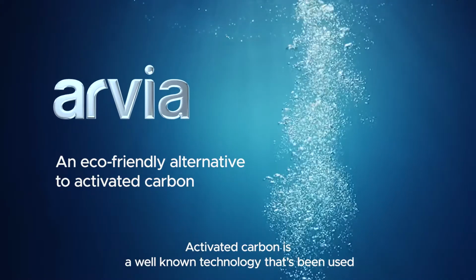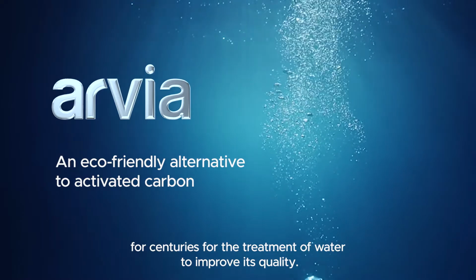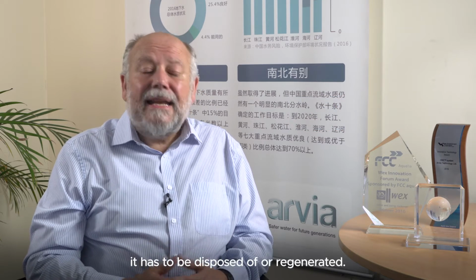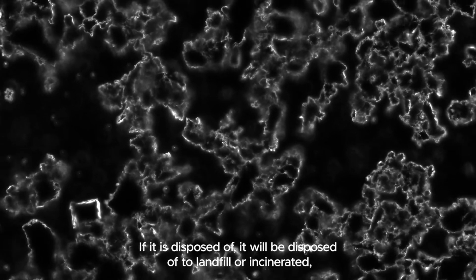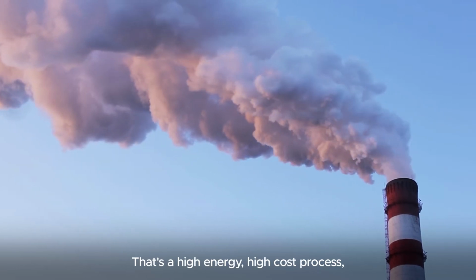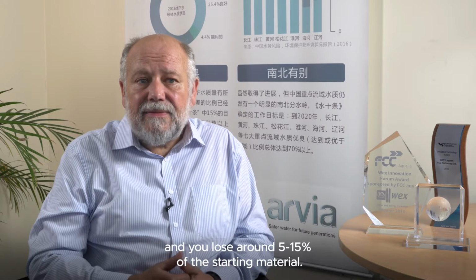Activated carbon is a well-known technology that's been used for centuries for the treatment of water to improve its quality. It achieves good treatment, but it does have a number of disadvantages in that when the material is fully loaded, it has to be disposed of or regenerated. If it's disposed of, it will go to landfill or be incinerated, or if it's regenerated, it'll be a thermal regeneration process. That's a high energy, high cost process, and you lose around 5 to 15% of the starting